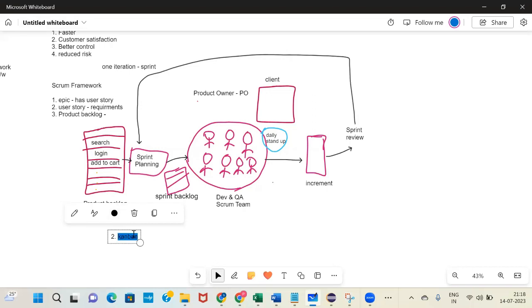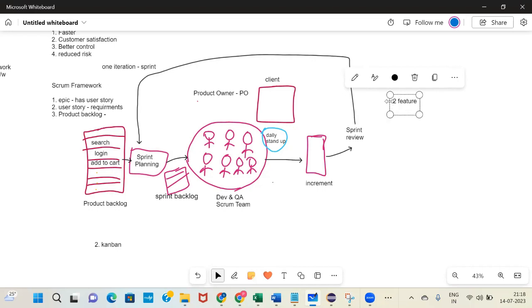Okay, so before we go to Kanban, let me explain. Initially you have taken some features, two features, whatever, X, Y, Z. You developed them and tested them. Development is done, QA is done, testing is done, and defects are retested. In the testing you will get defects, and those are retested. Everything you have to do in those two weeks only. Development is done, testing is done. Next,